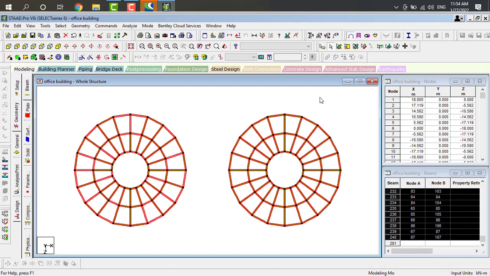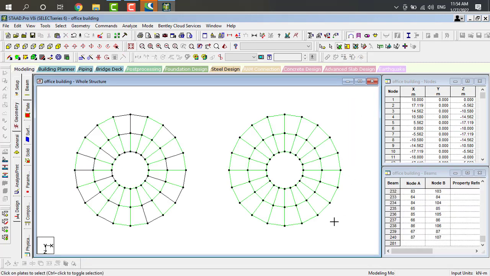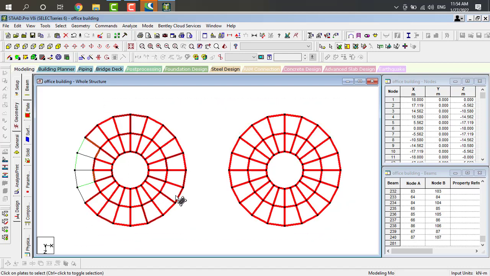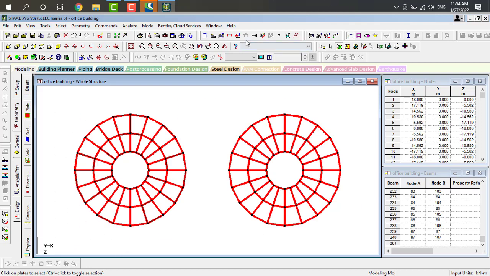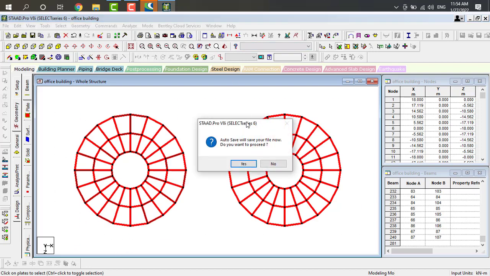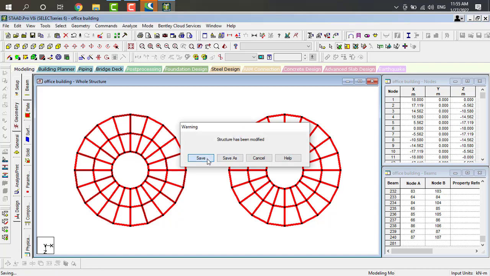Okay, here only beams are selected. Then take the plate cursor. Okay, now it will be observed in 3D rendering view.